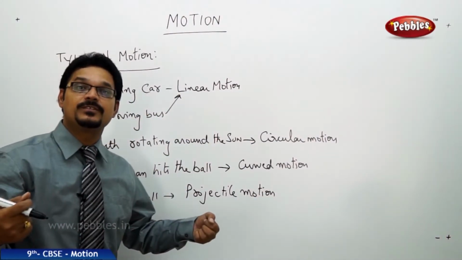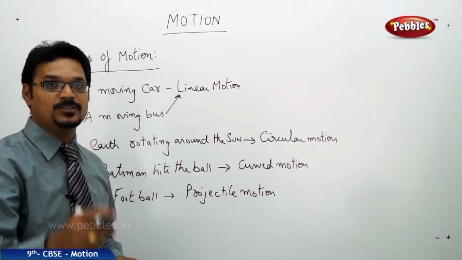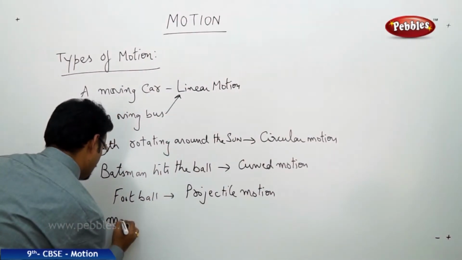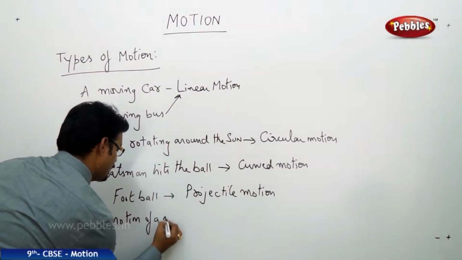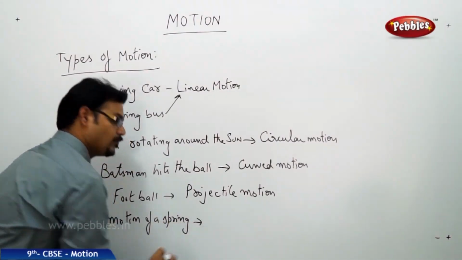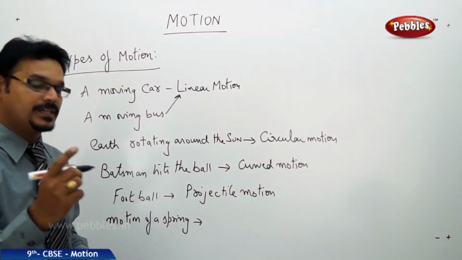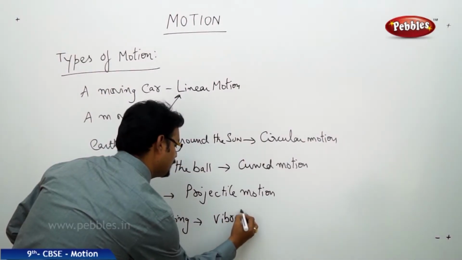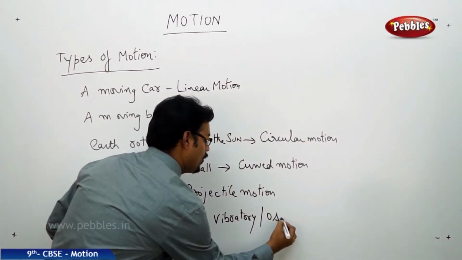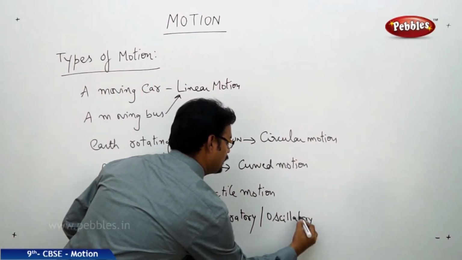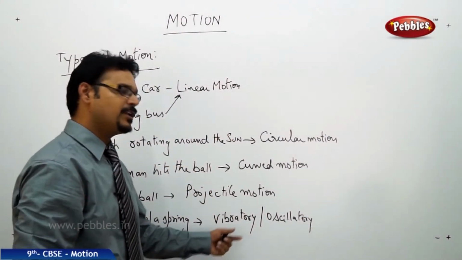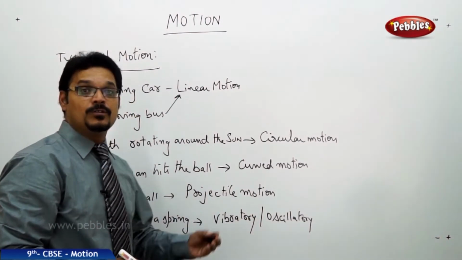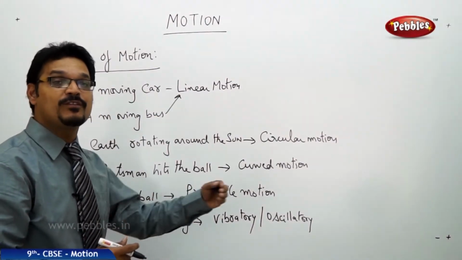A spring is stretched and released. Then what happened to the spring? The spring will move back and forth. Motion of a spring, what type of motion is it? Yes, it is called vibratory, or you can say oscillatory. There is a slight difference between vibratory and oscillatory, but here we don't discuss the difference. But vibratory or oscillatory is nothing but back and forth motion, or you can say to and fro motion, like